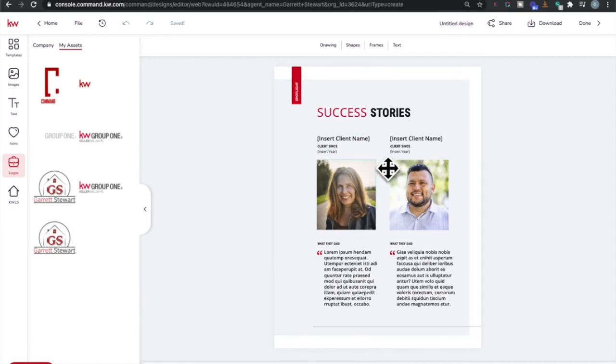Success stories. If you wanted to show, maybe for me, for example, I take pictures with my clients in front of their home when we close. So maybe you have some nice pictures and you could do a featured client with their little testimonial on here. That's a really great thing. If maybe you don't have past clients yet, or you don't have pictures, something like that,